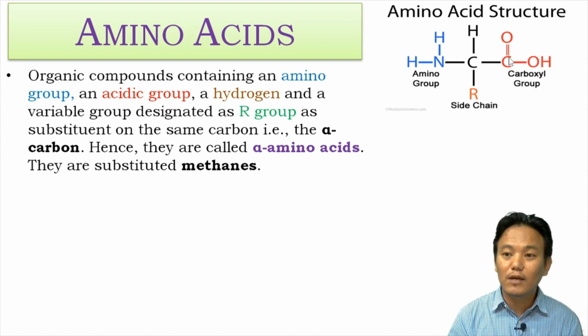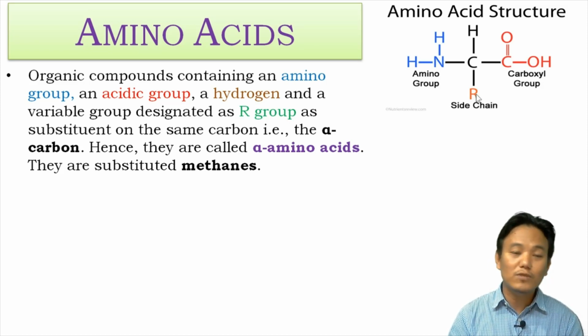On the carbon there are the amino group, hydrogen, carboxyl group, and R group. R group is a variable group. It can be anything, right? So this here,